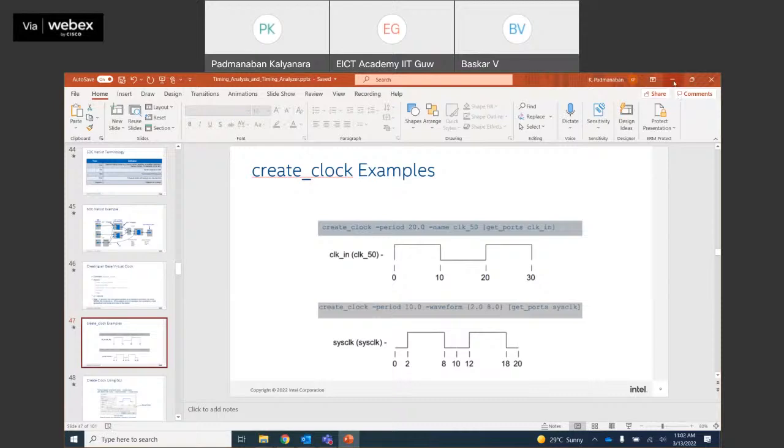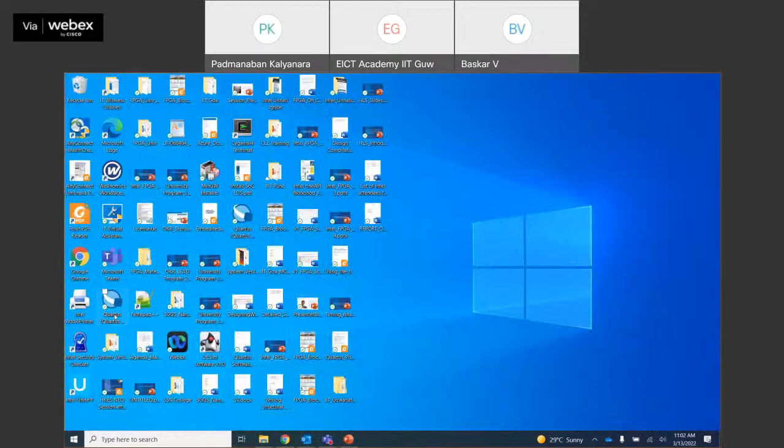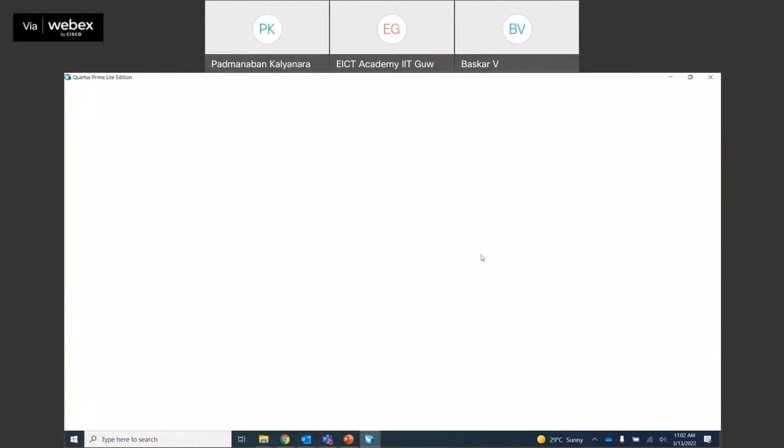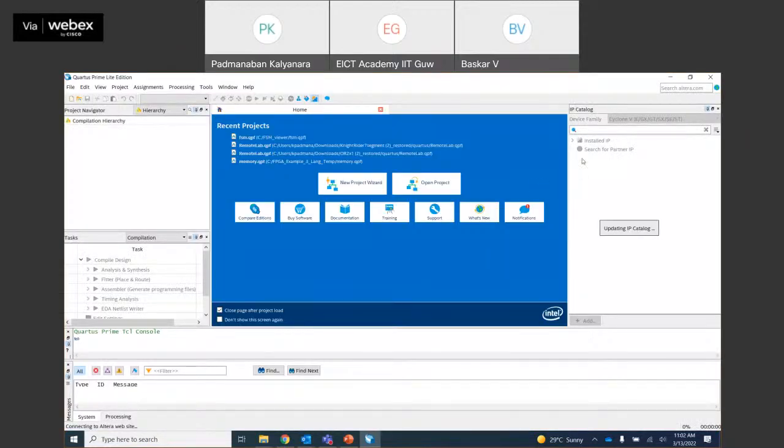Right, so let us move on to the next section. I will open the Quartus Prime design software. Let us create a new project, then we will apply the clock for a design. So you click here, new project wizard,